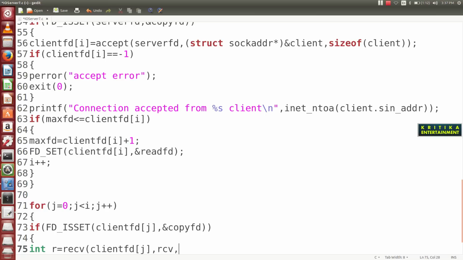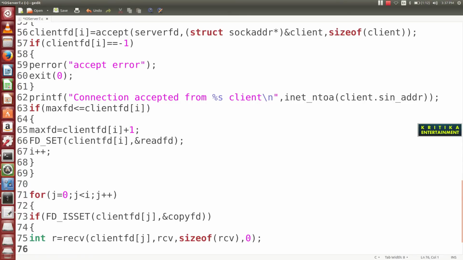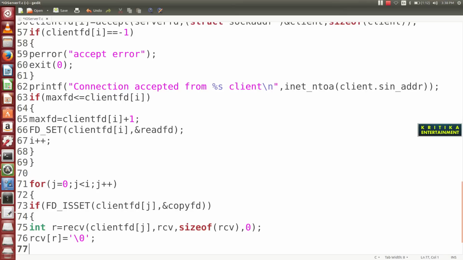RCV, then the size of RCV, then flag 0. It is received as characters, so that means it is a character array. To make it a string, you add the null character after the end of the message. So write RCV[r] = 0, this makes it a string.